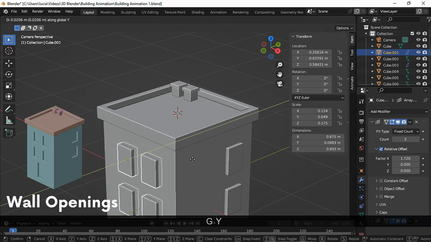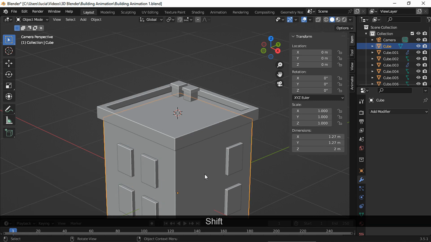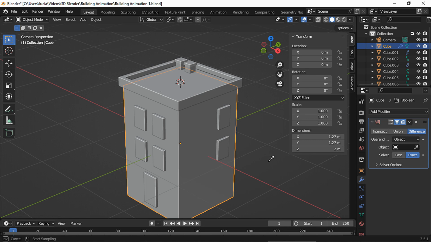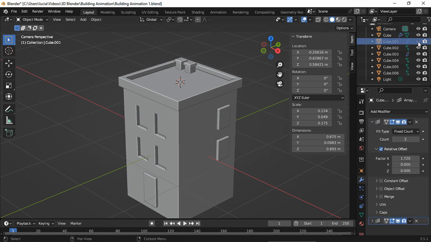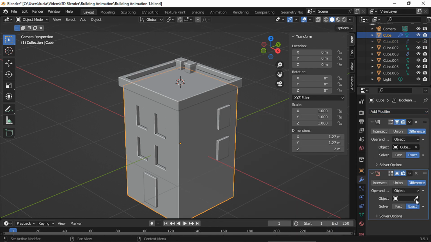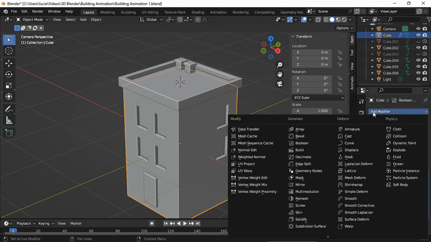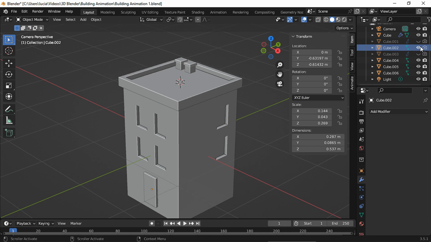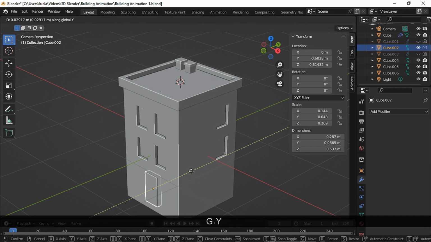I'm gonna move these front windows towards the inside of the building a bit, and now we're ready to add a boolean modifier to the building. Choose the boolean object, and now we can hide the mesh in viewport and in renders. And let's repeat. Add another boolean modifier. Set this mesh as the boolean object and hide. And one more time for the door. I want this opening to be a bit more noticeable, so let's move this rectangle towards the inside of the building a bit.